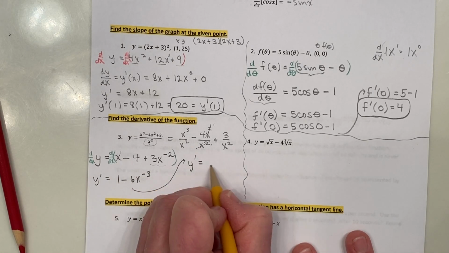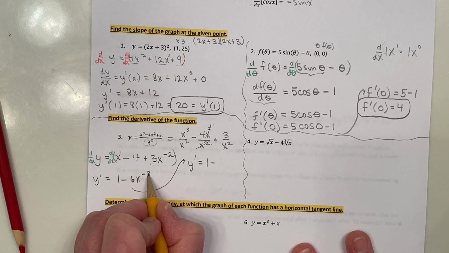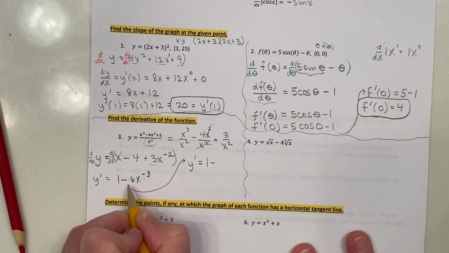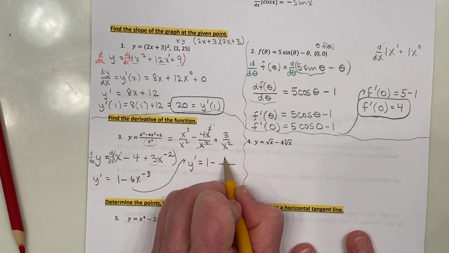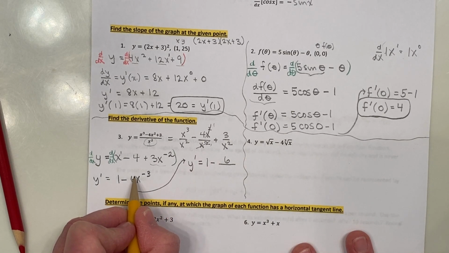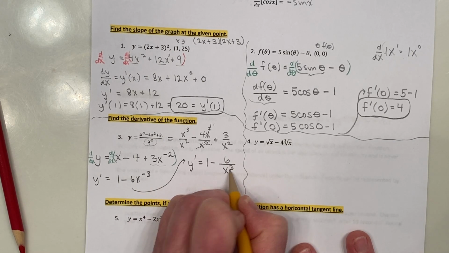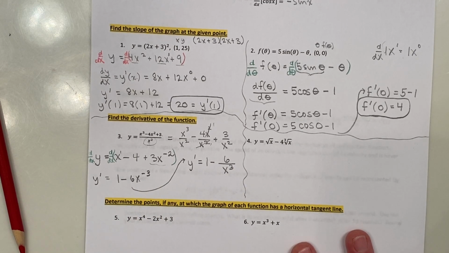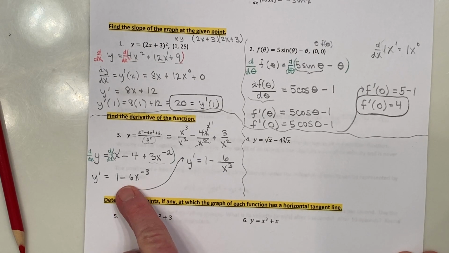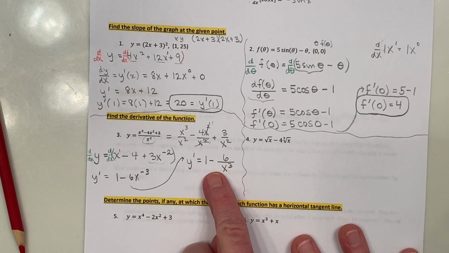Y prime is equal to 1 minus, notice this negative exponent. I can bring down x cubed to the denominator, leaving 6 on top. 6's exponent is +1, so it doesn't need to move to the denominator. X would go to the denominator, adjusting that exponent to +3. So one form of the derivative answer is here, another form is here, and yet a final form that we